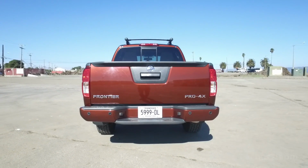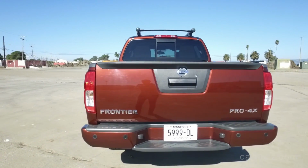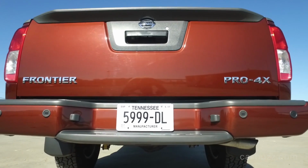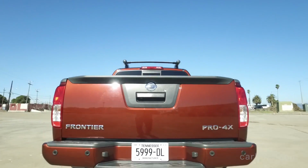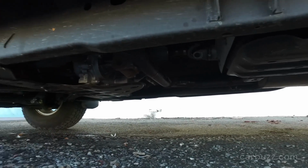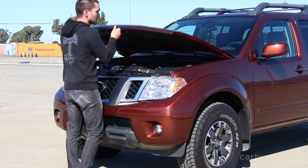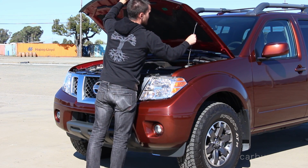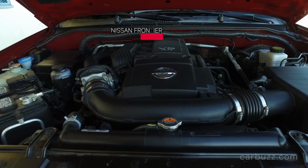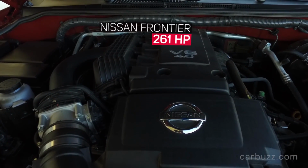Now, in terms of off-roading abilities, this has the Bilstein off-road high-pressure shocks, skid plates, hill descent control, and hill start assist, which you can only get in automatic transmission-equipped models. It's got a Dana 44 rear axle, switch-operated 2-speed transfer case, and an electronic locking rear differential. So yeah, this is just a pure mid-size pickup truck. And this is what a lot of people still want. Because for me personally, I think something full-size like the Ford F-150, even in its smallest configuration, is still too big for me. So here it is, the 4-liter V6, like I said, 261 horsepower and 281 pound-feet of